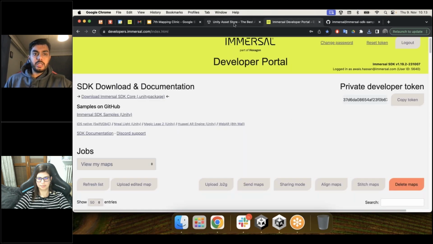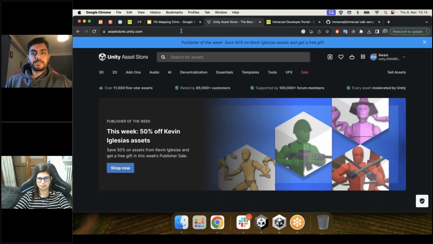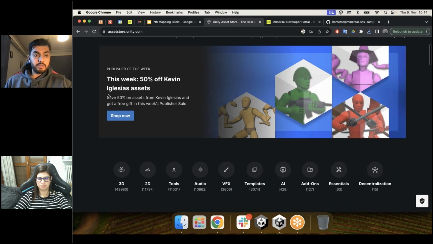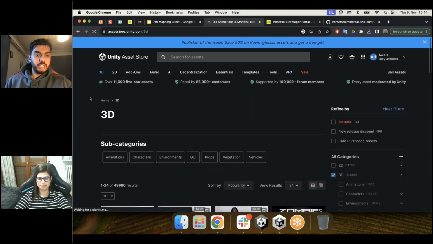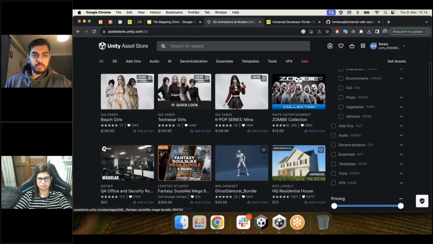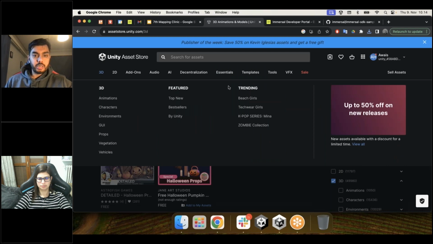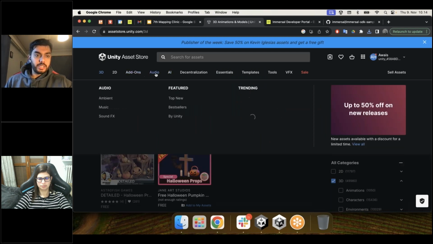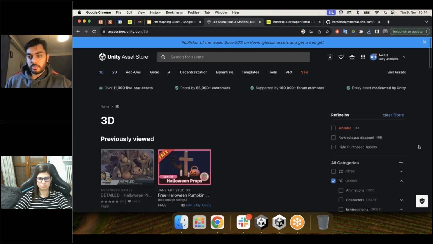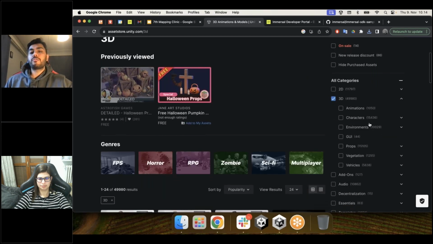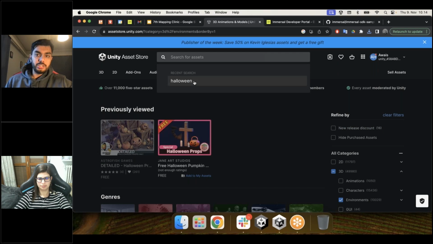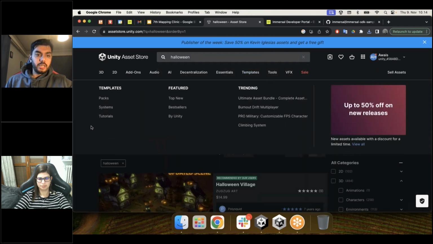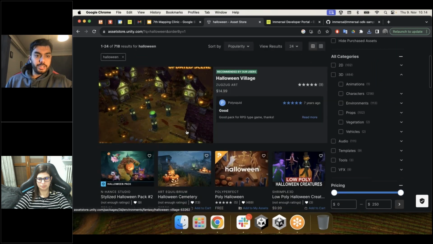All right. So in the meanwhile, while the things are being downloaded, let's introduce you to the Unity Asset Store. The Unity Asset Store is where you can get a lot of stuff, paid and for free. For example, let's say you check 3D, and you can get plenty of 3D stuff and animation, characters, environment, and all of that. Then there's audio, 2D, and a lot more. So in here, we are looking for an environment. So we will select environment over here, and we are looking for Halloween environment. I've already searched it here, so I will write Halloween, and it will show us a lot of Halloween